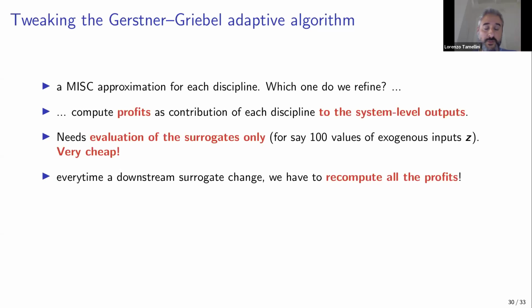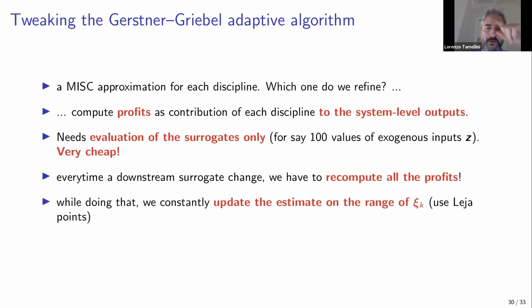And every time we do this, it means that we have to compute all the profits of all disciplines instead of keeping the profits fixed as you would do for the standard Gersten-Gribel algorithm. And notice that while we keep recomputing the system level outputs, we get a better and better estimate of the range of the coupling variables. So there's a lot of technical details here. I try to go quickly through them, but even if you're lost here, it means that we can tweak the Gersten-Gribel algorithm